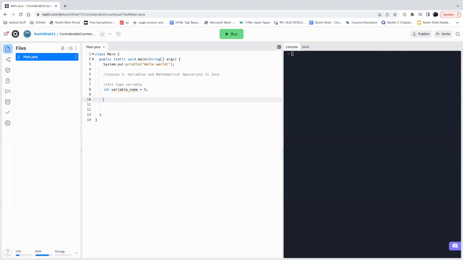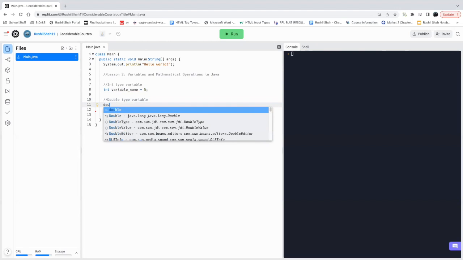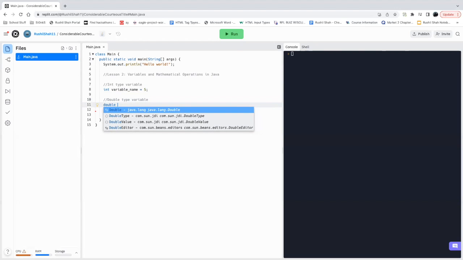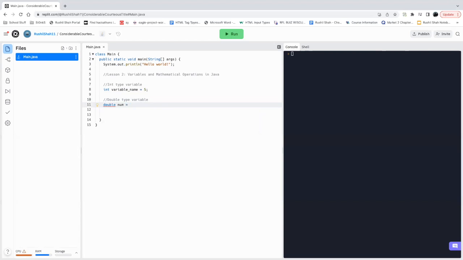Let's go ahead and talk about the second data type. The second data type that we're going to cover is double. So, a double type variable. And the main difference between int and double is that you can store